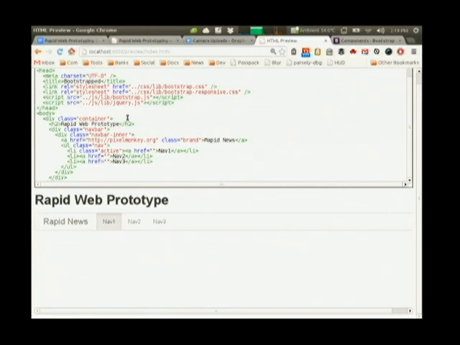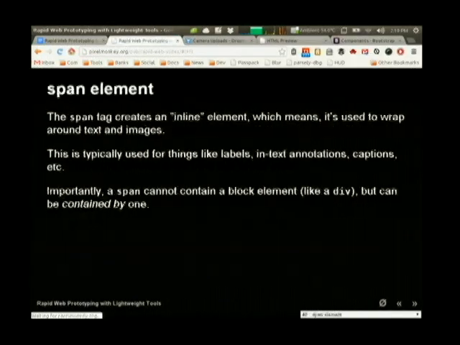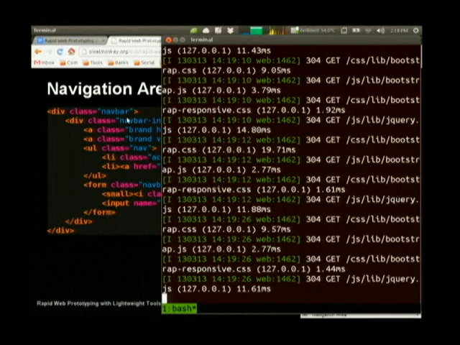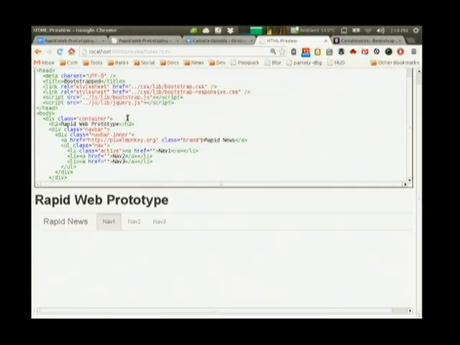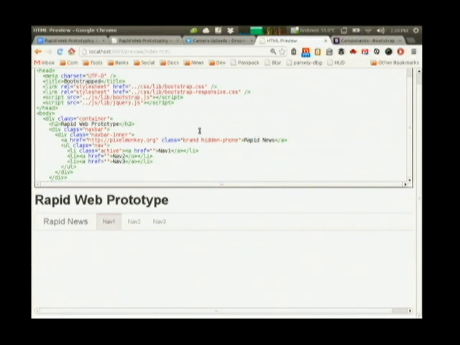The other cool thing is that Bootstrap is also responsive, which means that you can actually make it so that, let me pull that up from my slides. Yeah, hidden phone, visible phone, that's what it is. So the other classes that you add to the brand are hidden phone, right? And then what's going to happen is, just by adding the class hidden phone, Bootstrap has this internal media query that figures out if your resolution is smaller than the typical resolution of a phone,